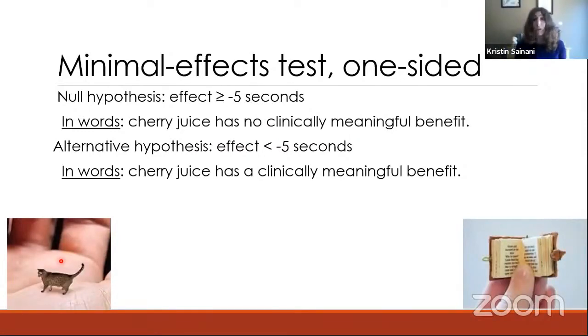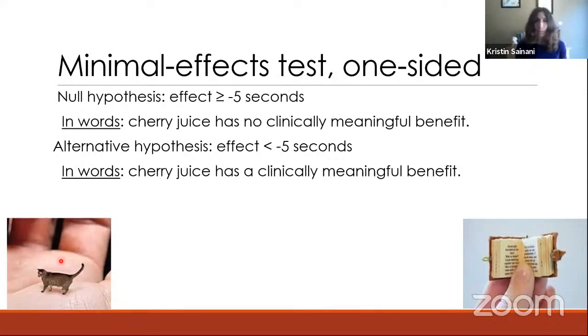We start by assuming that cherry juice has no clinically meaningful benefit. That means it has an effect higher than -5, -5 meaning a 5-second improvement in running times. The alternative, this is a one-sided test, is that it improves running times by more than 5 seconds. That is, that the effect is smaller than -5, more negative, better improvement in running times. So in other words, if we can reject the null here, we would conclude that cherry juice has a clinically